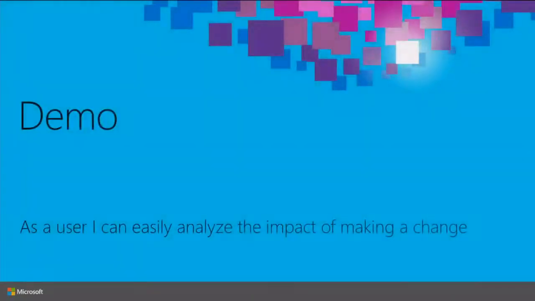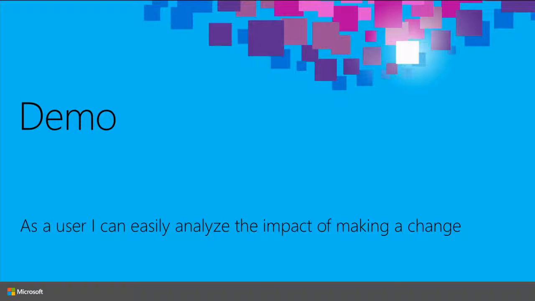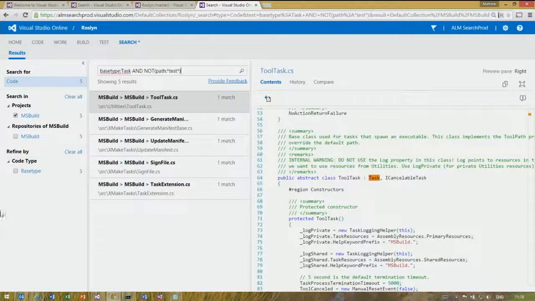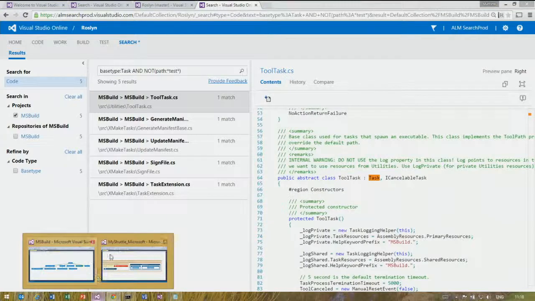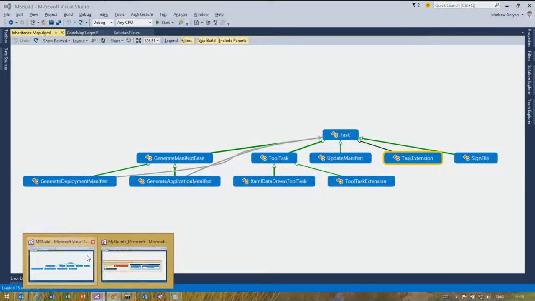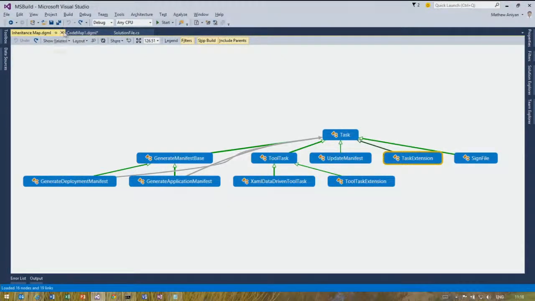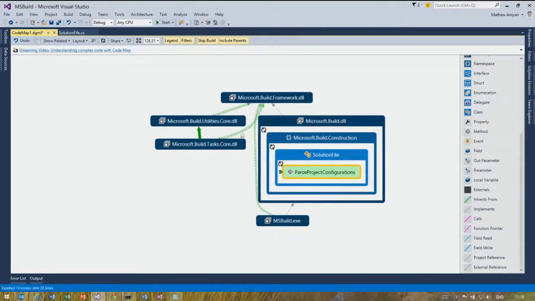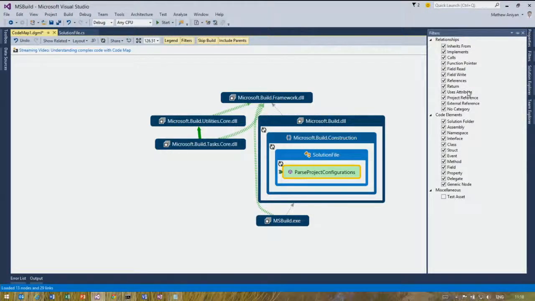Now on to the next step. Sharad had already identified the change that he needs to make. We have had a look at the application itself and got a high-level picture of that application. We'll go ahead and see if we can understand the impact of making that change. Okay, so we were in this particular code map, and we want to focus on understanding the impact of